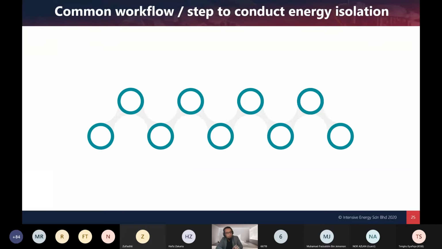So this is common workflow. So number one, you prepare document. So before you buat isolation, there are two types of isolation. Satu require permit. Satu the normal isolation. Contoh the isolation